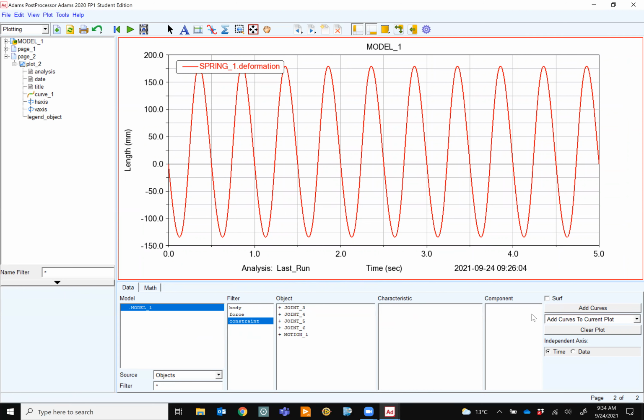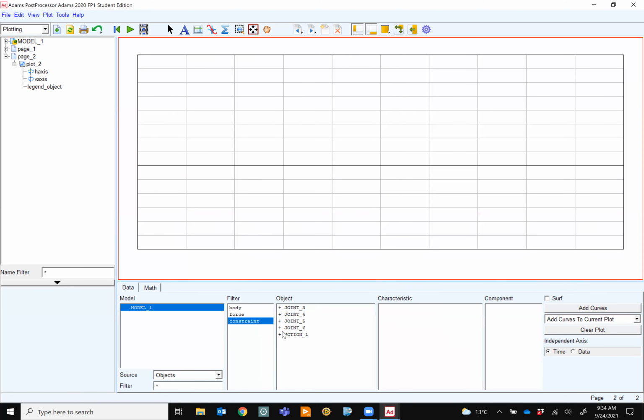Constraint, if I go to constraint, let me clear this one. If I go to constraint, let's say for joint 5, I'm interested in the forces that apply on joint 5. Again, this is useful for you because, at least for your capstone documentation, you need to do some calculation, right? Show that you calculated the forces for all those bearings, right? Yes.